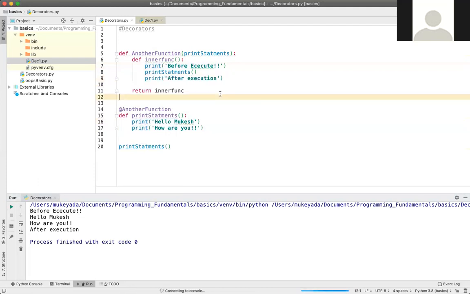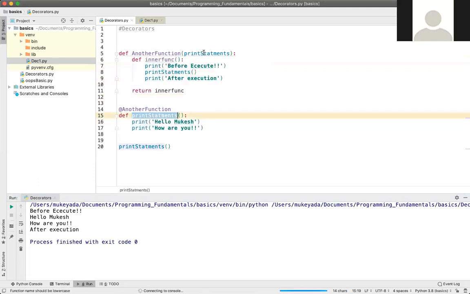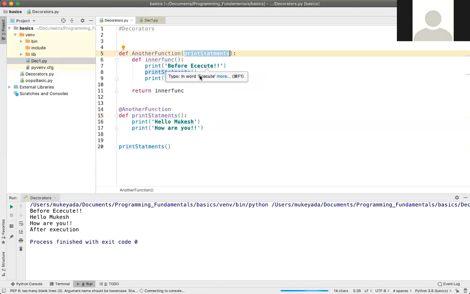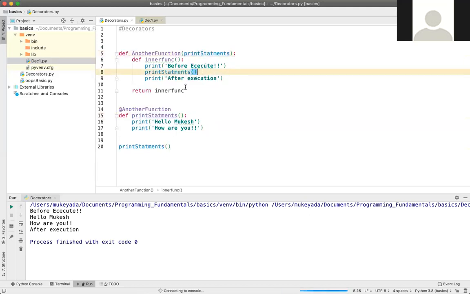So what the decorator did here is take the print statement function as an argument, do some modifications on that and return the function. So this is the decorator function, guys. A decorator is a function that expects a function as a parameter and returns a function.